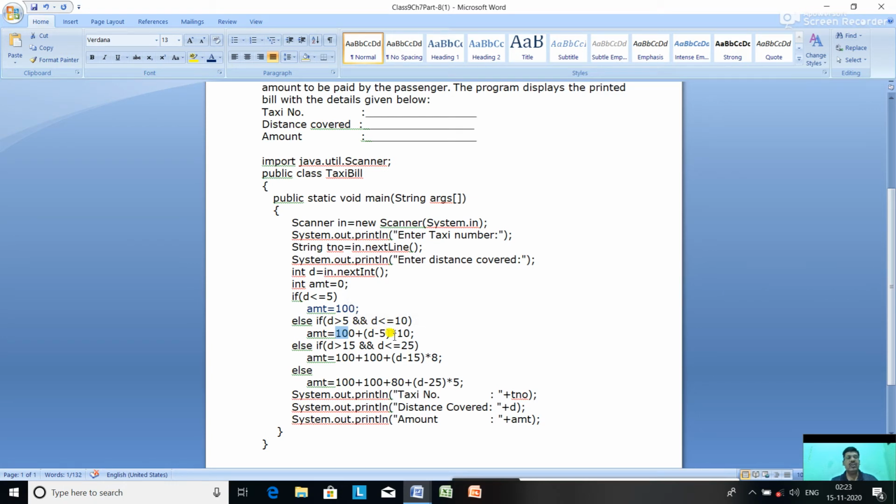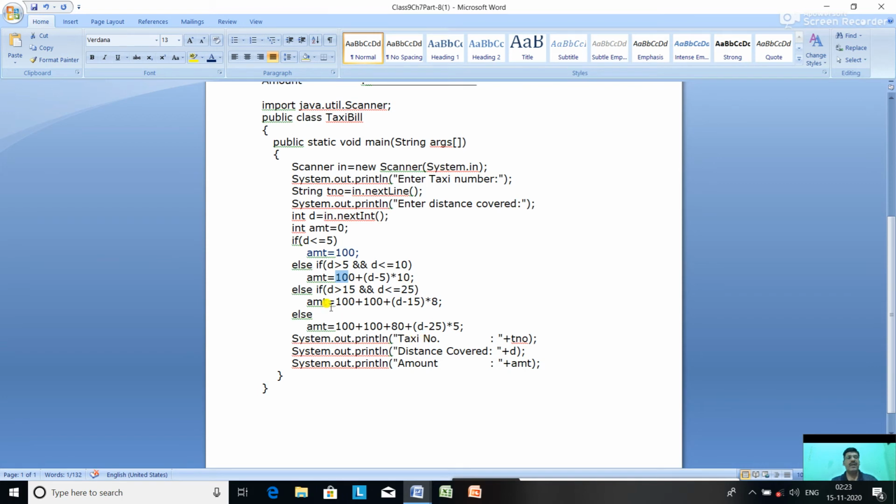For the 3 kilometers he has to pay 10 rupees per kilometer. So 3 into 10, 30 rupees. So the amount to be paid is 130 rupees.